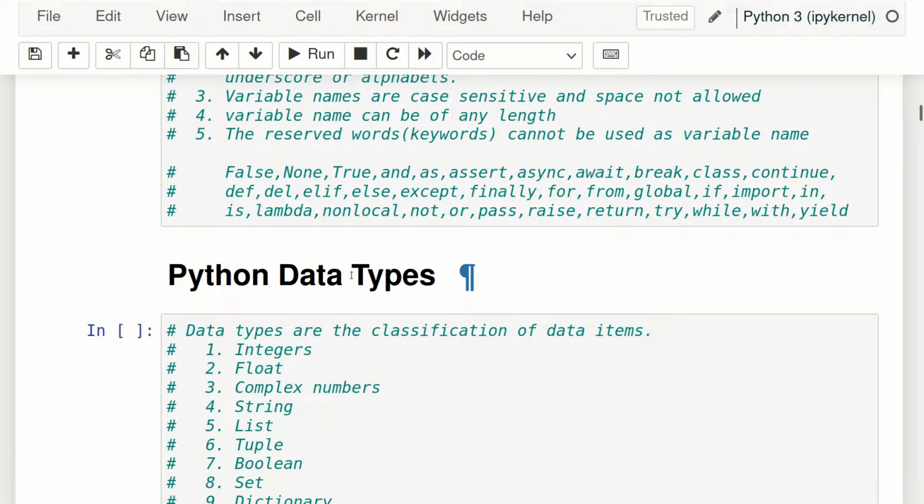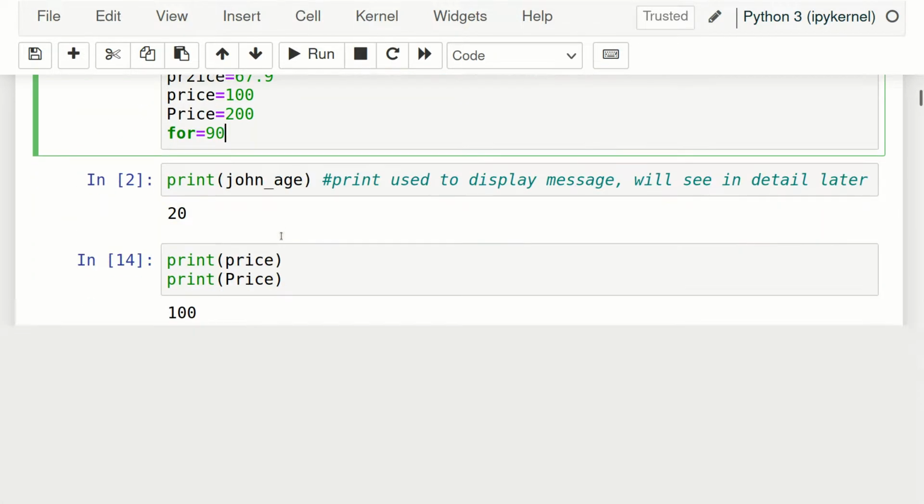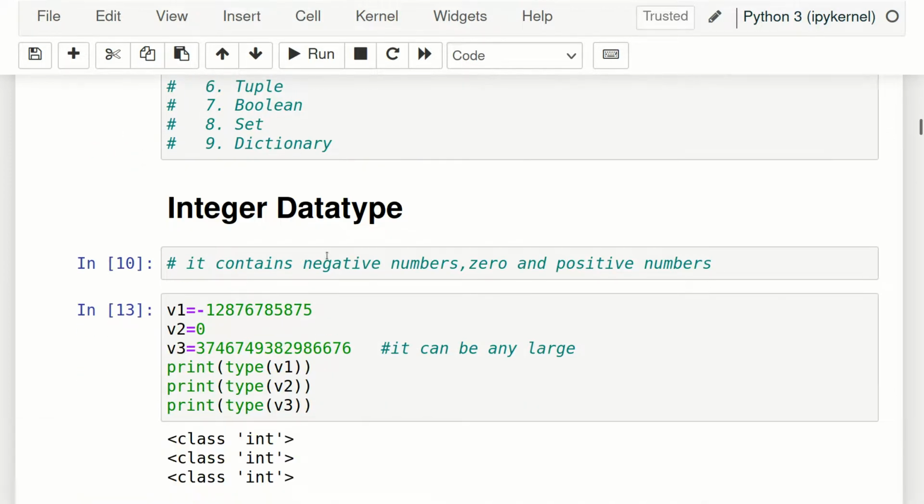Now moving to the next, which is data type. We have seen that a variable will store data, so now we have to see data types. There are different data types, because nowadays we work with lots of data, so data types are also many in number. We will go through each data type one by one. Till now we have seen variables: to store data we need a variable, and we can use any name for a variable, but keep some conventions in mind. That's all. Now coming to data types.